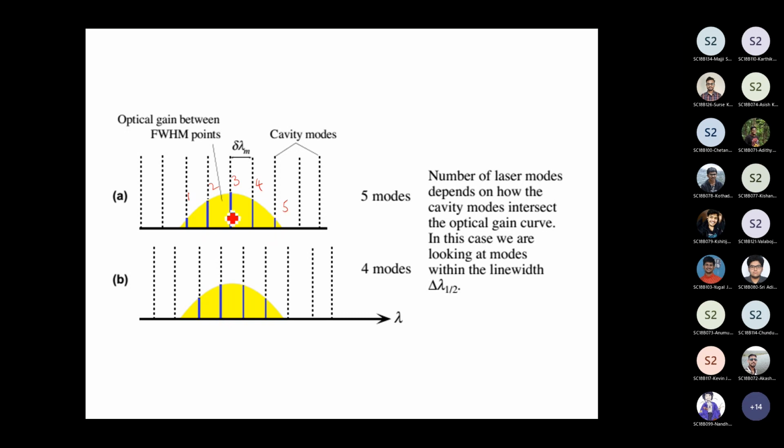So out of these multiple wavelengths, or multiple frequency components that are coming out from the laser, we would always prefer to work with the one which has the largest amplitude, because that's the one which is going to have the largest gain, the largest number of photons. So in this case, we would prefer to work with this one because it has the largest amplitude.